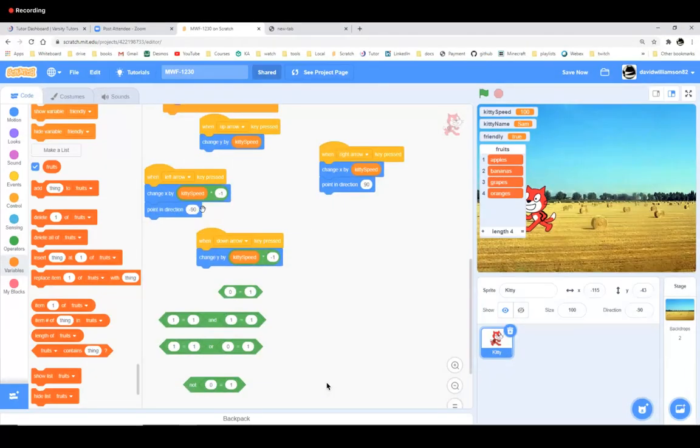The other thing that a variable does is it's easy to read why you have that number. If it's just a number floating in space, then you have to remember what it is. But by calling it kitty speed, if I've named it well, I should be able to tell, oh, that's the speed of the cat, right? That's however many pixels he moves when I press over, okay? So that's a variable, okay?